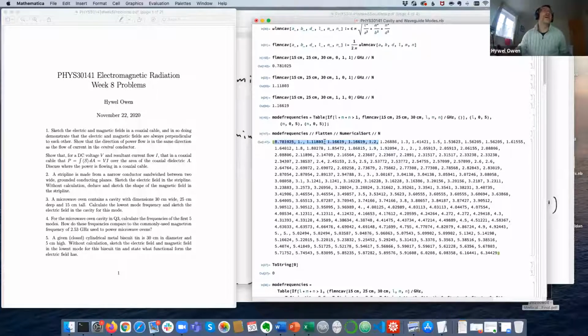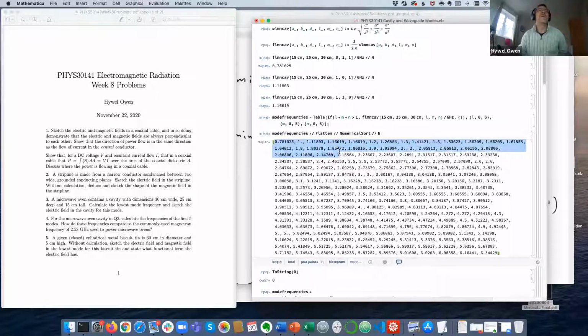So let's look at the big list of frequencies. You can see there's loads and loads of modes up to 2.5 gigahertz. How many are there? 1, 2, it's about 10, 20. There's about 25 or so modes up to 2.5 gigahertz. Now, remember what we said about